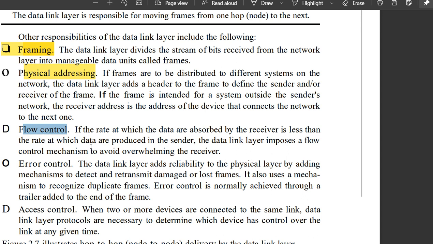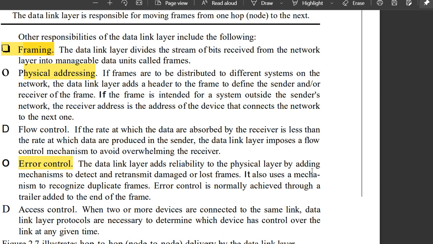That is known as flow control. Flow control is also one of the responsibilities of the data link layer. And error control. If an error occurs while sending from the sender to the receiver, that error is handled by the data link layer. If any loss or damage happens to the frames, it is recovered by the data link layer.